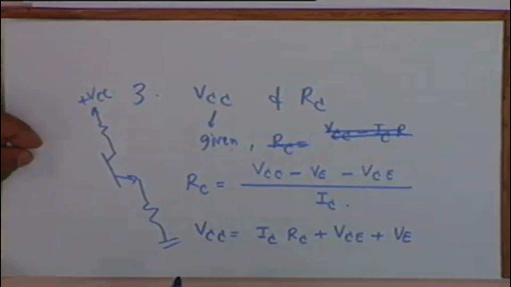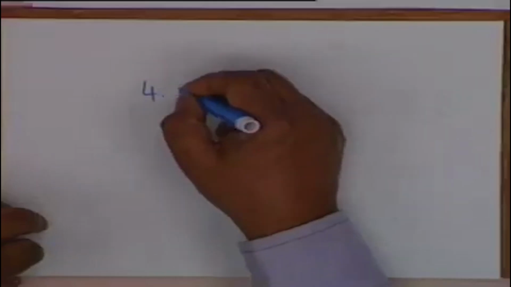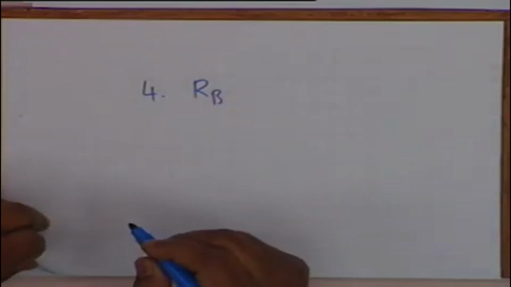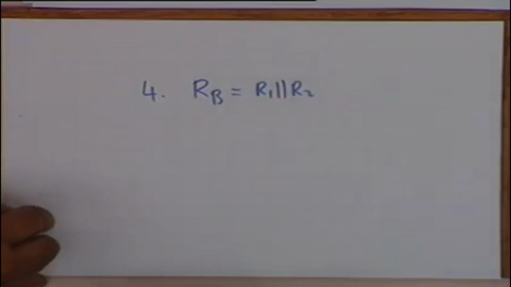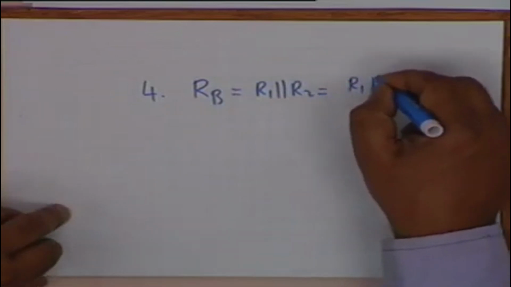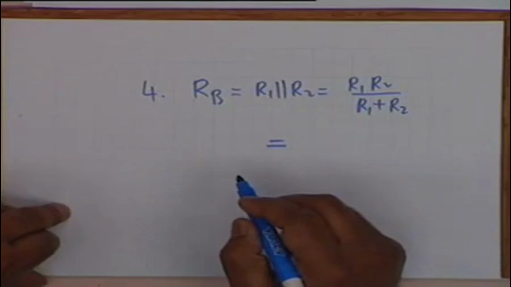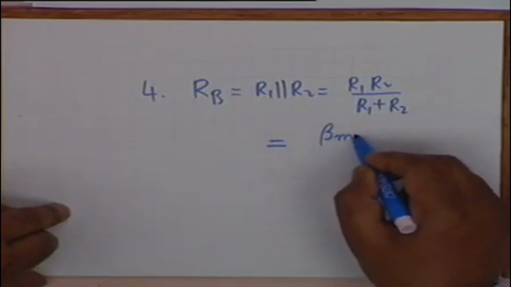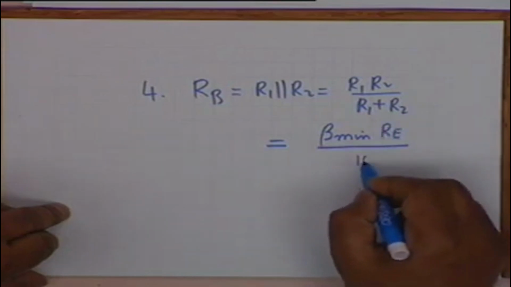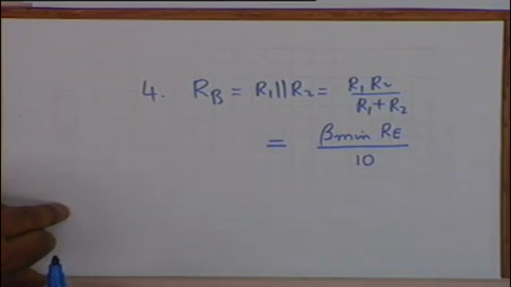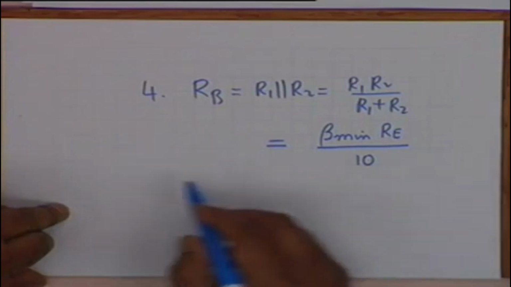The next step is to choose an RB, that is R capital B, which is the parallel combination of R1 and R2, which means R1 R2 divided by R1 plus R2. And I have already told you that this should be chosen as beta minimum times RE divided by 10. So you choose an RB, and once you have chosen an RB,